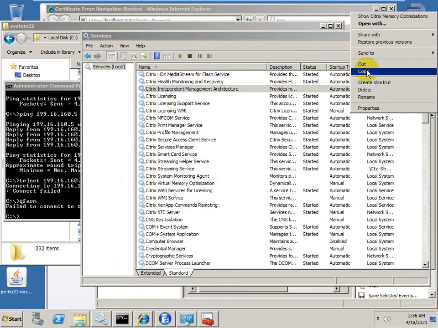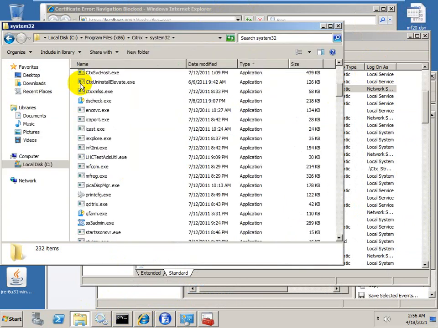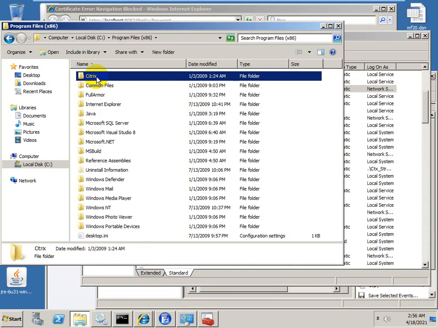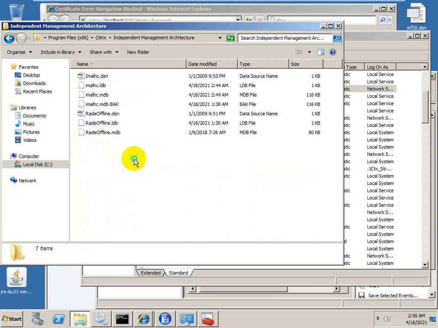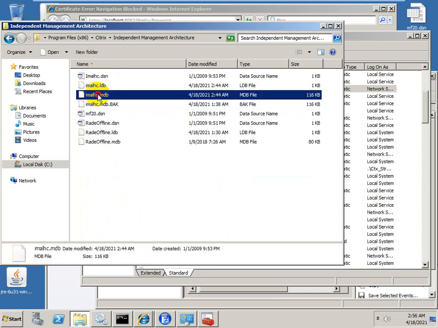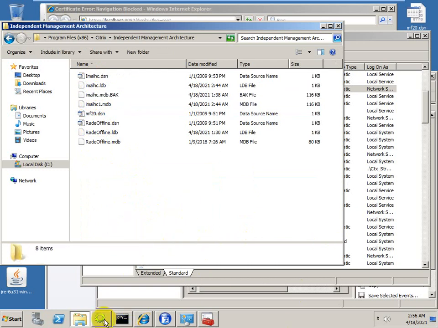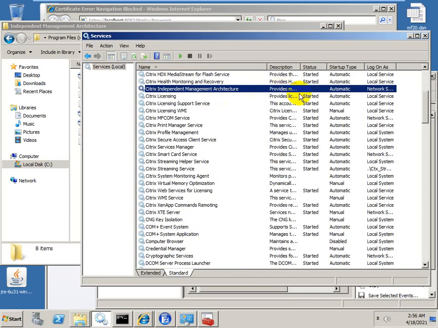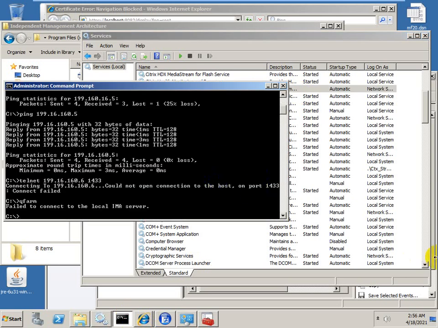Okay. So first of all, we need to start the IMA service, and for that we'll take this and paste it in IMA LHC. The IMA service is already stopped, so we can run the command to recreate LHC.